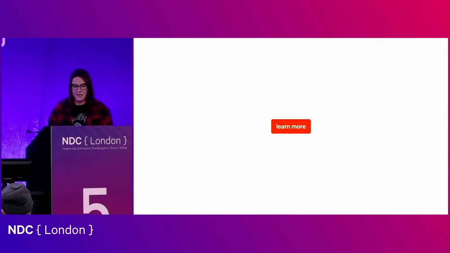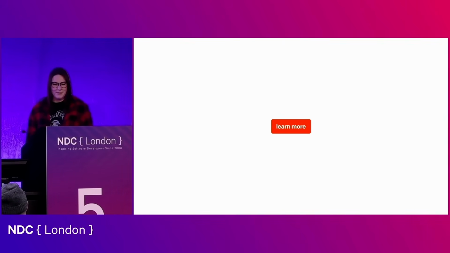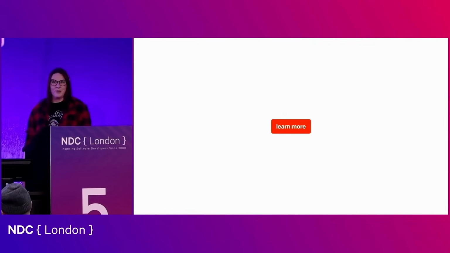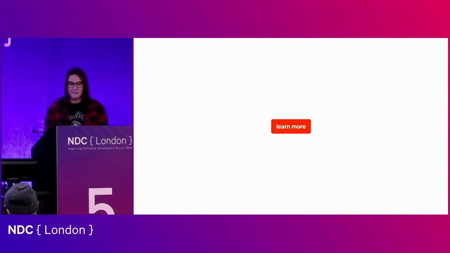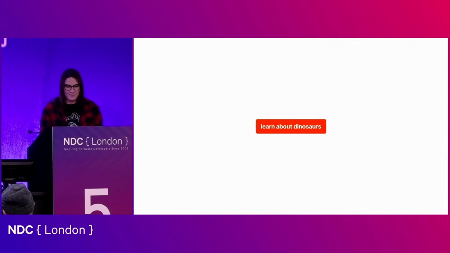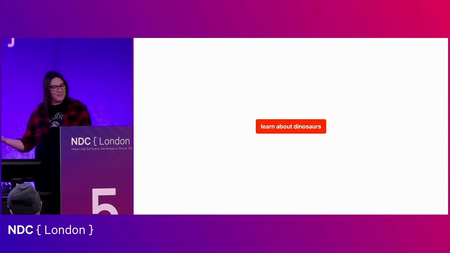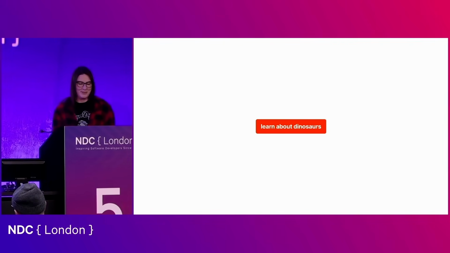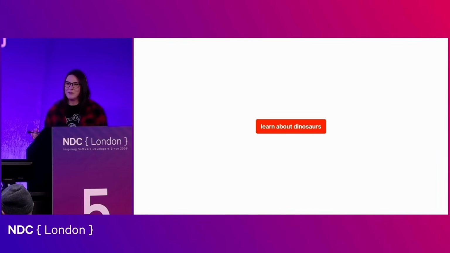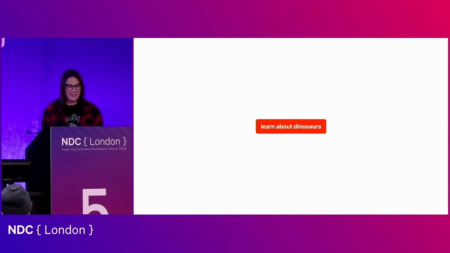So we could change that text. Okay, slightly better, but still not a good indication of where we're about to go. Learn more. Okay, let's change that. Cool, much better. Learn about dinosaurs. It's clear where this is going to click through to. It's going to be a cool page about dinosaurs, and I'm going to learn about that. Gives the user confidence in their decision when they're going to click that. Gives them confidence that they're not going to have to go scan it and come back.